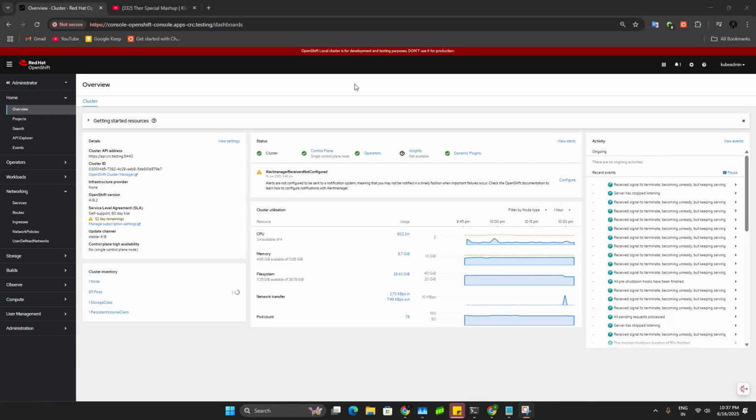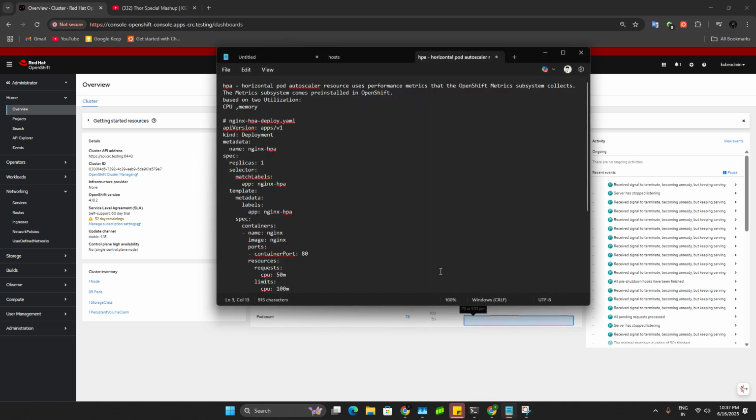Today we will see horizontal pod autoscaling, which is for high availability. Based on the utilization, the deployment will scale up the pods. Usually, how does horizontal pod autoscaling sense and scale up the pods? It's based on the metrics. So on the deployment, we want to include the deployment in that